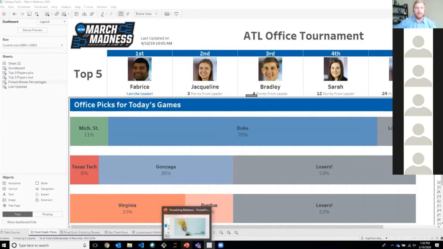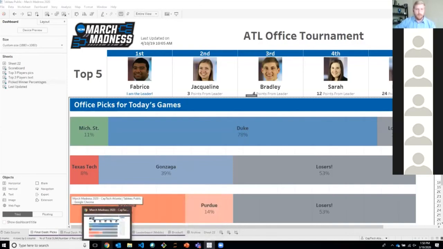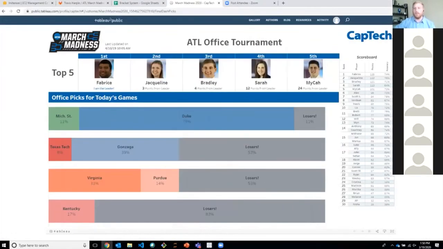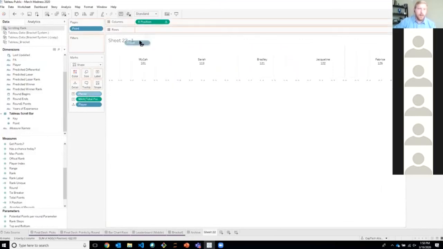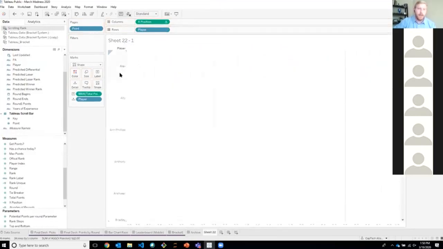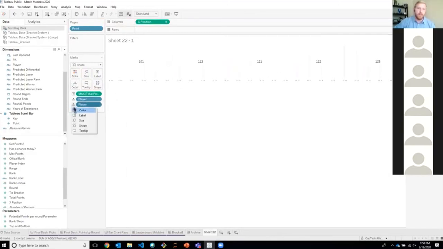That's awesome. We've got one more. We've got a question about, in the scroll ticker demo, would you get the same result putting the player pill on the row shelf to split out the level of detail instead of putting it on the details, like on the marks? For that, you would not. If you were to put it on the row shelf, you'll get a row for every single player. And that's not what we wanted. We just wanted to list the players across the chart. So you can't put it on the row shelf. It would have to be in detail and in text.